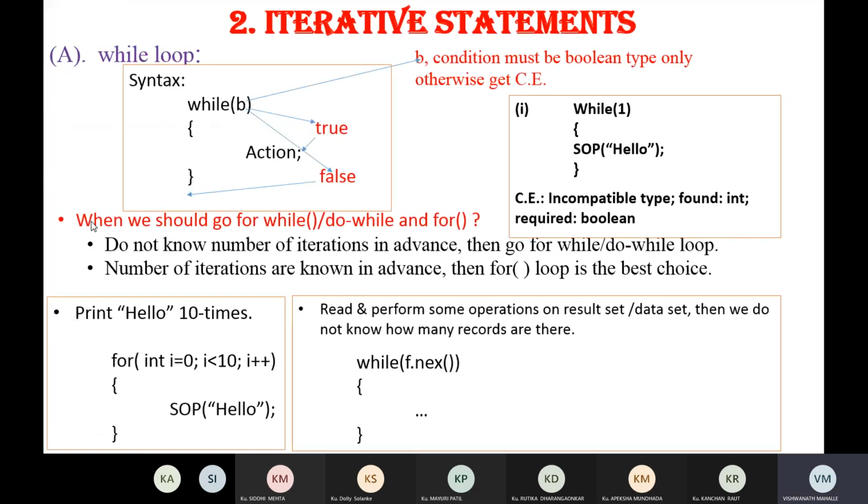Then we go for the next topic, iterative statements. We have seen selection statements, so the if statement and switch case statements. Now we will go for iterative statements. The different iterative statements are while, do while, for, and for each statement. These are the different iterative statements or looping statements.